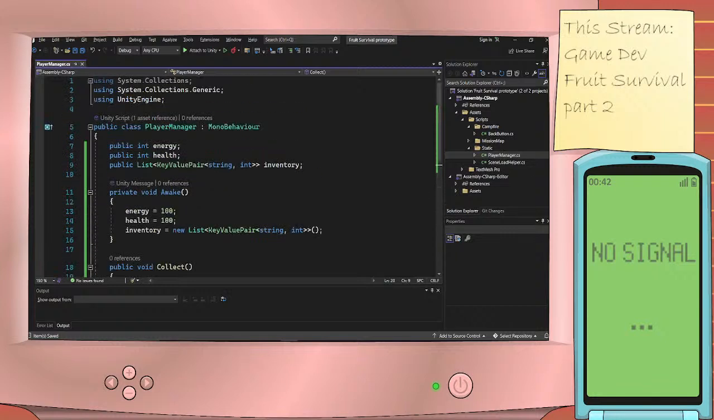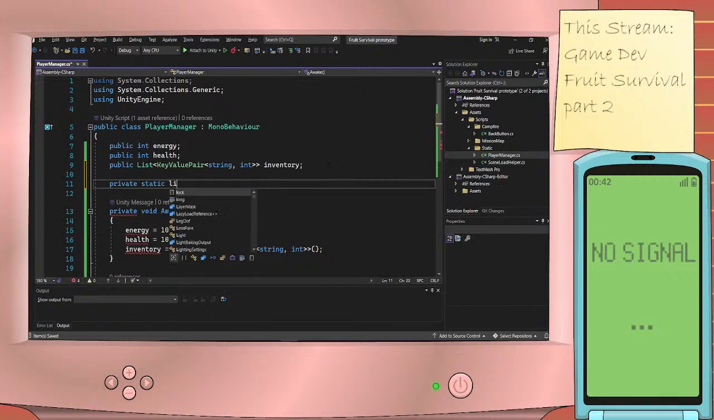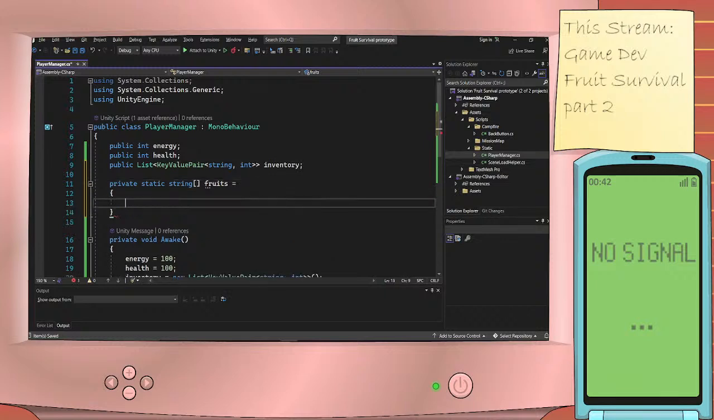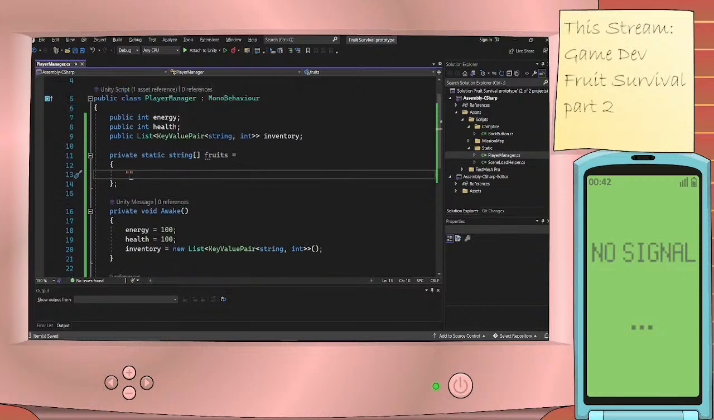Like, I guess I could have a list, a static, like a private static, not list, just private static array. Static string array called fruits, which would be equal to like a literal array, right? So I just declare a bunch of fruits. So I could have, I don't know, you could go like